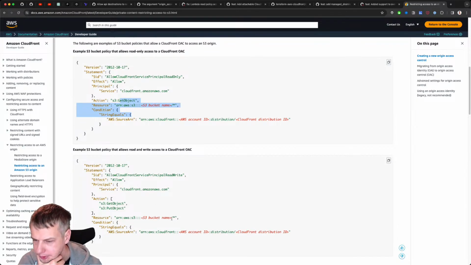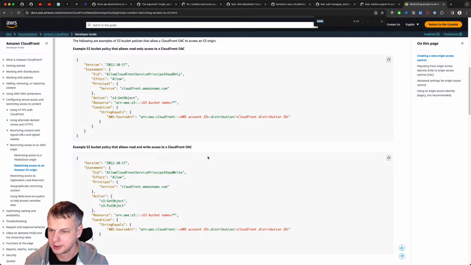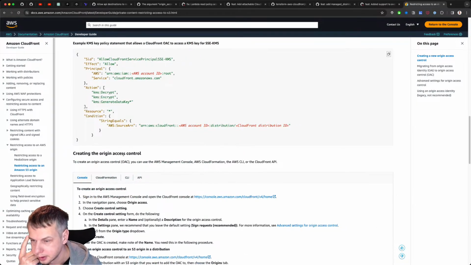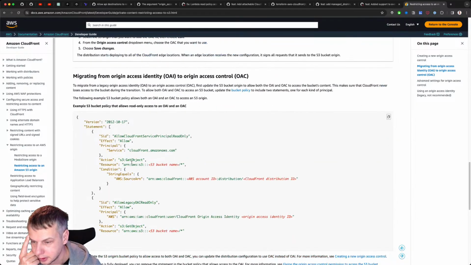Also, yeah, that's a good case here because we may want to allow the S3 bucket to allow read and write access to OAC, or actually OAC or OAI. It's important to not confuse these two. So OAI, this one,